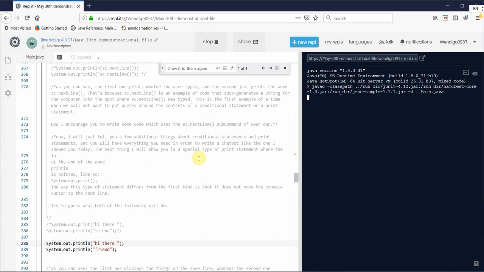I'm going to press run. And it prints "Hi there, friend," on two different lines, because this one is just a print statement, and this is a println statement at the beginning. So this one goes print hi there, print friend, move on to the next line. This one goes print hi there, move on to the next line, print friend. So commenting this out,